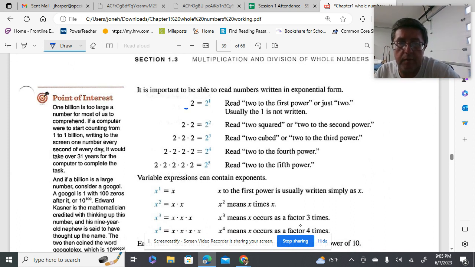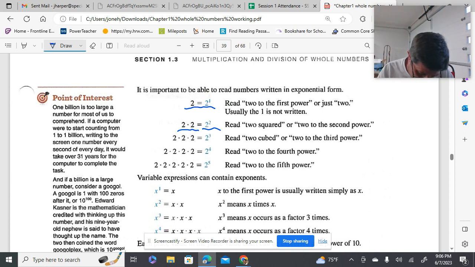So this one is an example of 2 to the first power. 2 to the first power is just going to be 2. Now, 2 times 2, we go 2 squared. Now, let's see, if we're just doing squared on our calculator, I know there is,